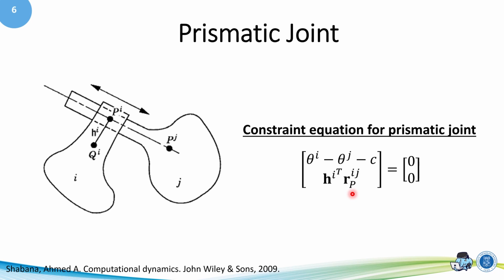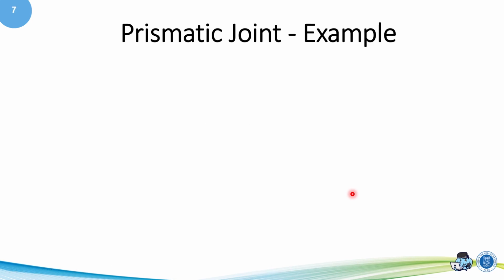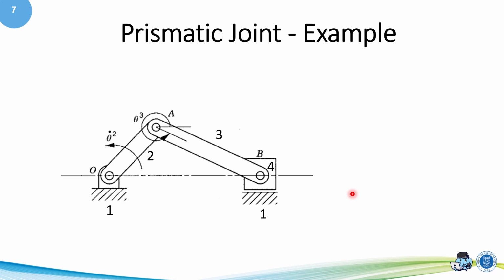Maybe you find it difficult to formulate the prismatic joint. So, I will give you an example in the slider crank mechanism. Body 1 and link number 4 are connected by the prismatic joint. You can imagine the movement of link number 4 relative to link number 1. Its movement is always in the horizontal direction. That's why theta 4 is always 0, because it is always in the horizontal direction. And then link number 4 also cannot move in the y direction. So the next constraint equation is Ry4 is 0.